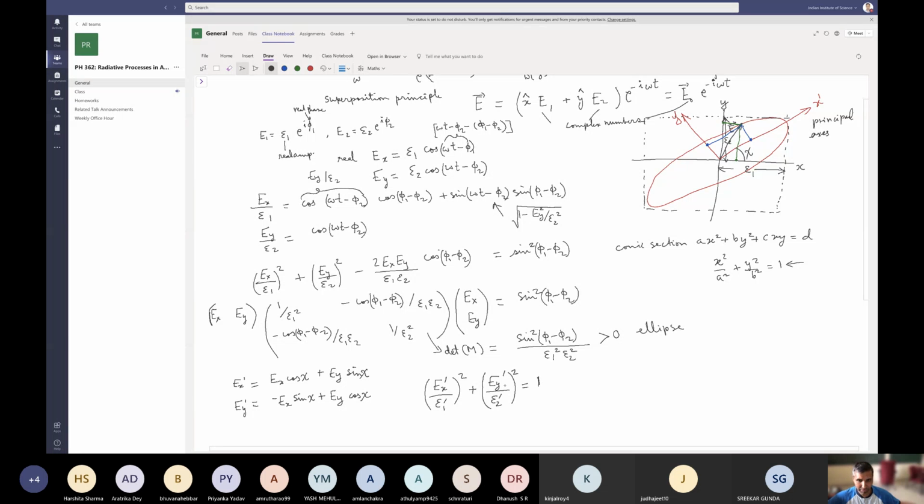Since it's an ellipse, you can always choose a rotated axis in which your ellipse has a form like this, right? Now, that's fine. So what it means is that we can always have Ex prime